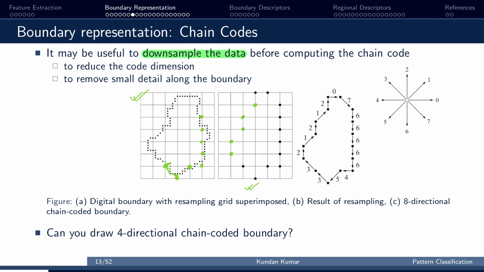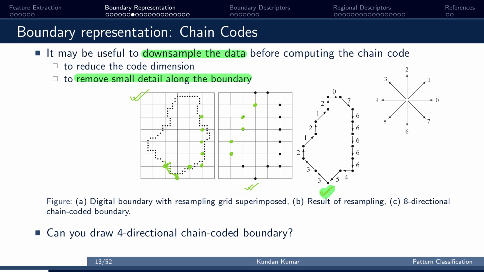Also, we can remove the small details along the boundary. That is why we usually downsample the data, so we don't work with a very high resolution image. We divide the image into grids, the boundary pixels are assigned to the nearest grid point,